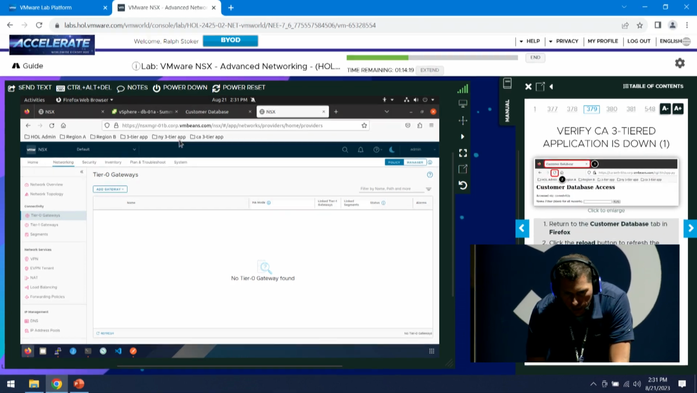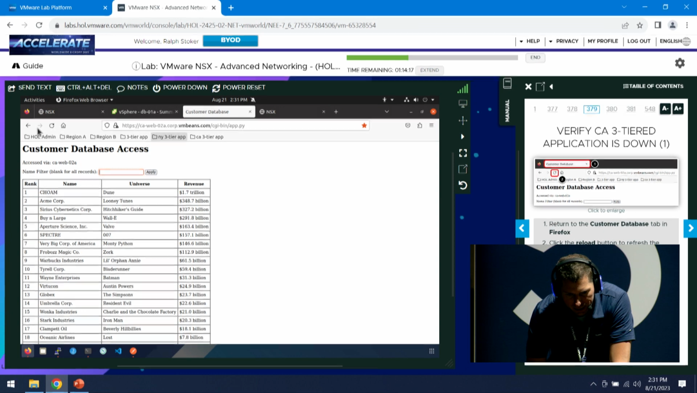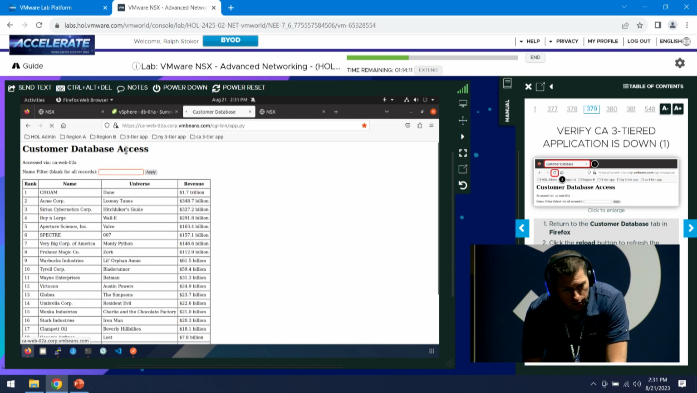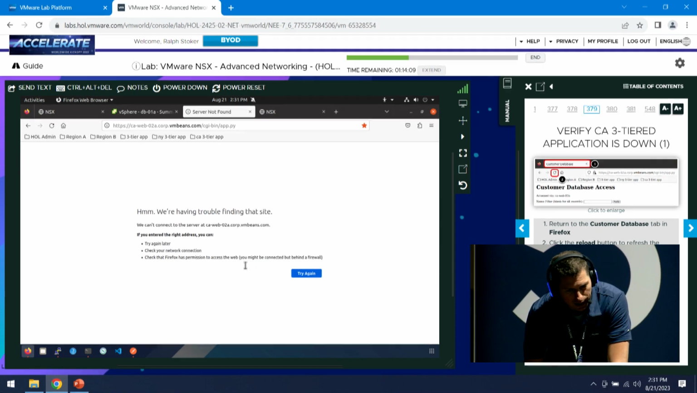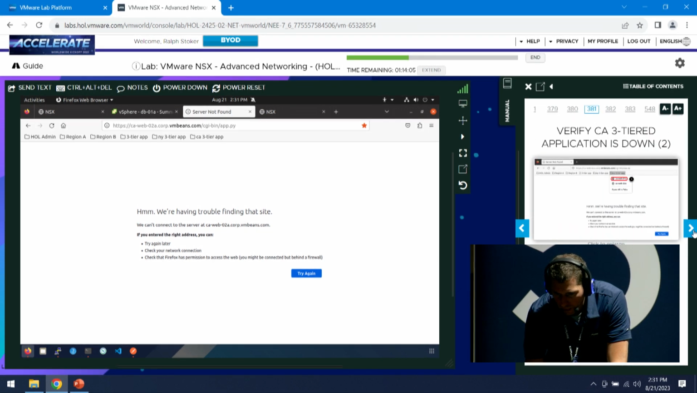Everything has completed. If we go back to the database tab here and click refresh, it's not going to load. We just ripped the networking out from underneath this application. So notice it's just hanging. Now we can't find it. All right,